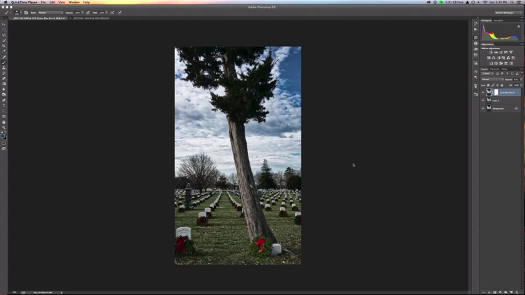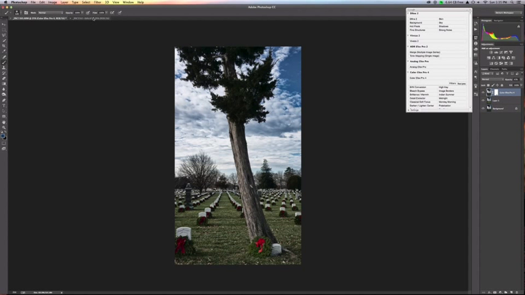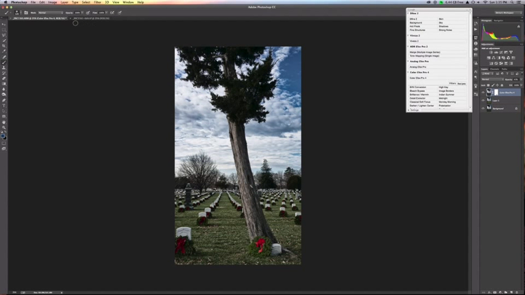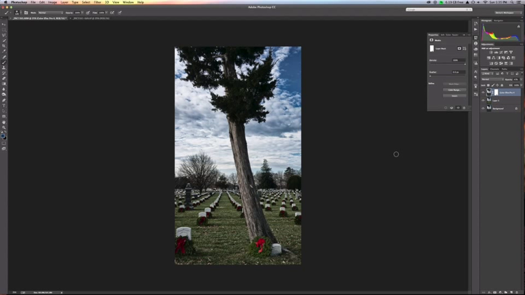Okay, so now in looking at this image and comparing it to the final image, I realized that I'm still a little bit dark and I'm still a little bit too saturated for the effect that I was going for. So to fix that, we're going to come back to our image that we're working on. Go ahead and get rid of the Nik software menu, and I'm going to make a few more changes to this. The first one is I'm going to add a little bit more of the bleach bypass effect in,